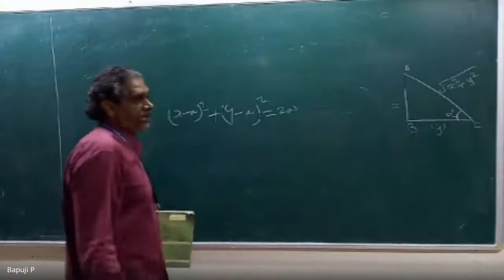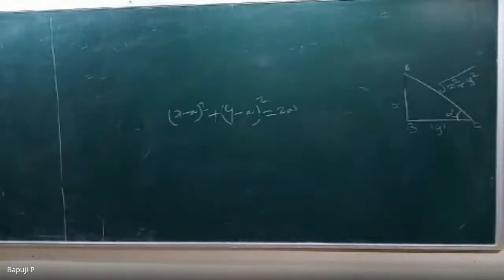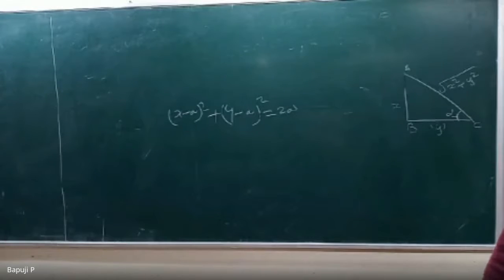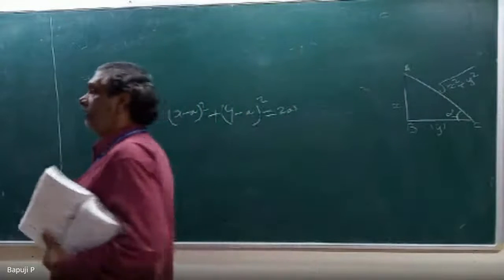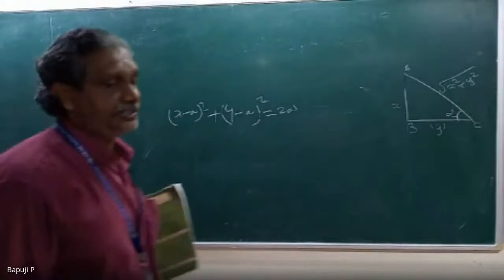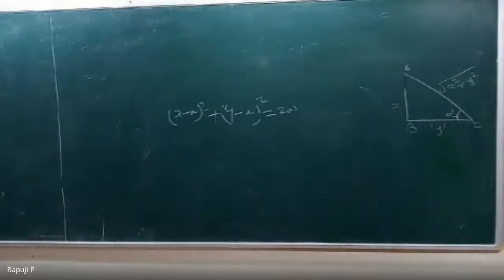Here A is a parameter. Looking at this, some squares are there. If you are able to bring A² into something, A into something, plus a constant, your job is over. Just try to solve this: (x − A)² + (y − A)² = 2A, where A is the parameter. Try to bring A² into something, A into something, and the remaining terms. Once you sort it out, you can tell what is A, B, C. Then the envelope is B² = 4AC. That's it. Are you able to do it or not?